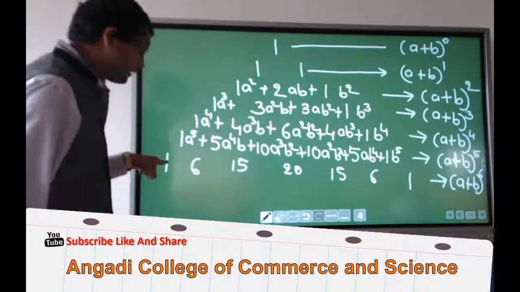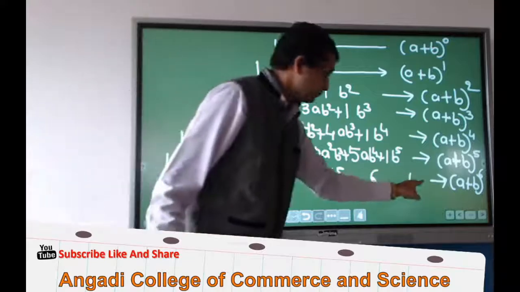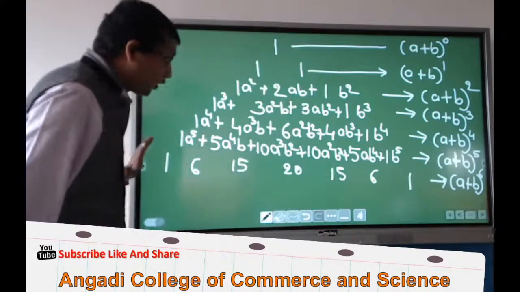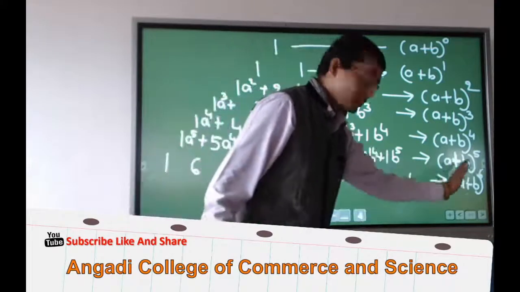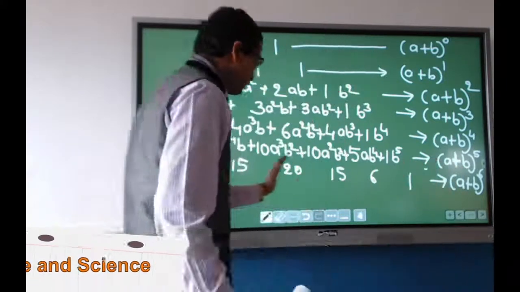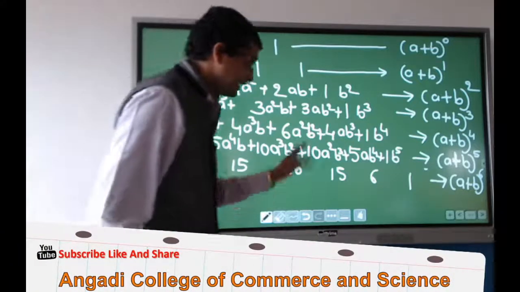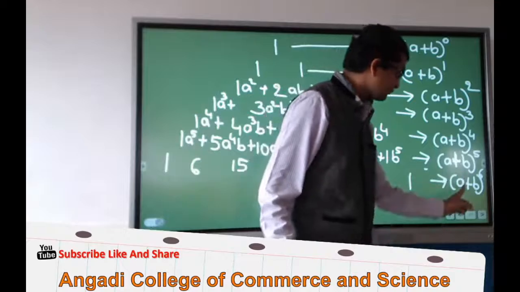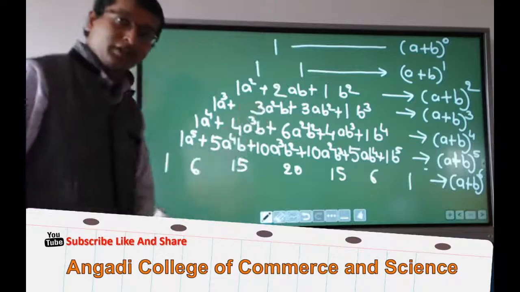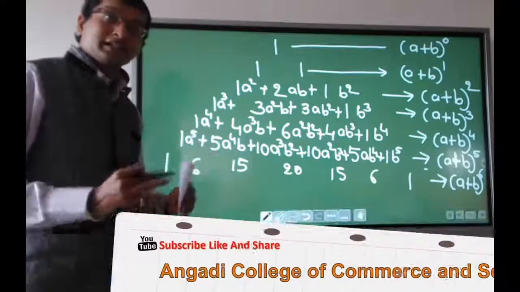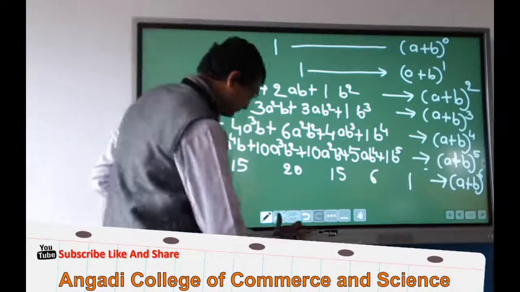Very easy. Here you have to take a raised to 6, and here it is b raised to 6. The power of a goes on decreasing from left to right. On the other hand, the power of b goes on decreasing from right to left. Then in the middle we have to assign plus signs. That will be the expansion for (a + b)^6. Yes, below there is a comment section. So within 30 seconds you have to comment it in the comment box. So now we will study